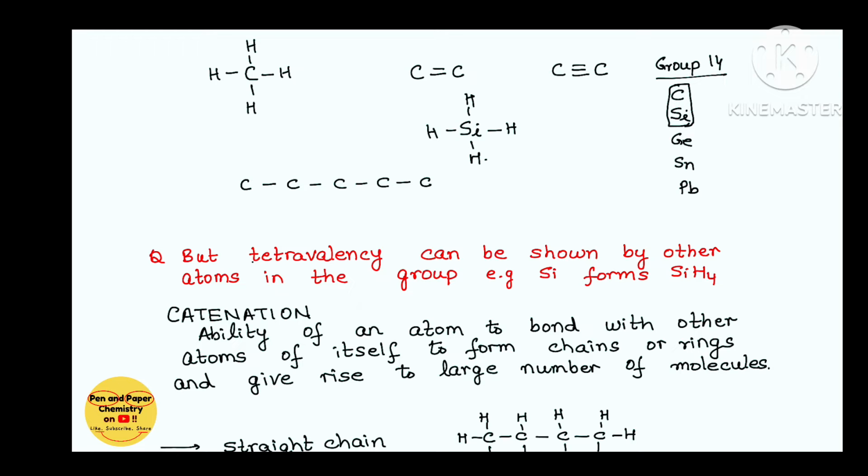atoms, long chains. We all use something which is called polythene, very common. This has almost thousands of carbon atoms arranged or attached in a chain, which makes it polythene. What is the basis of this word? We will understand later. But for now, just understand that carbon is able to form long chains without breaking,